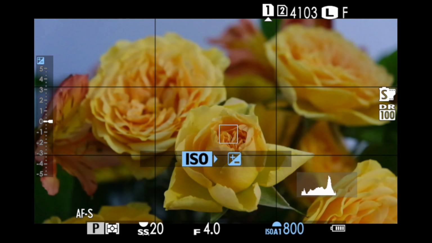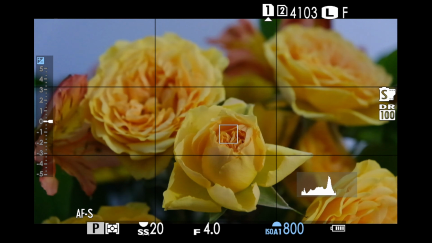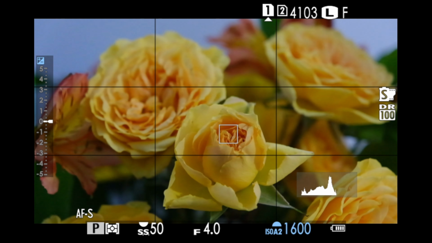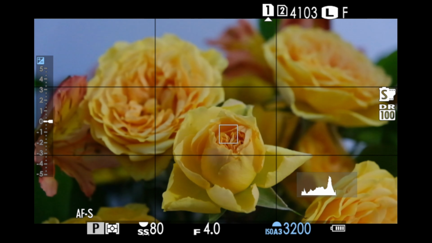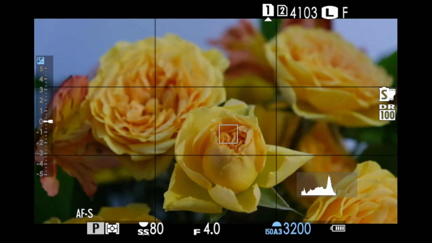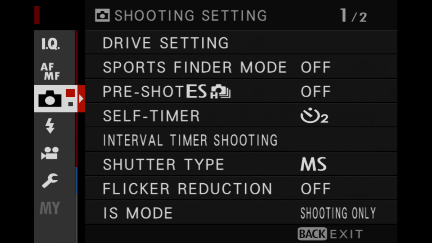Now if I push that in, you will see down in the bottom right hand corner there underneath, ISO A1, that's auto 1. There's 3 automatic settings for auto ISO. Now I can change my ISO to one of these 3 automatic settings. So now if we want to control the 3 auto ISO settings, which you are able to control with your command dial,